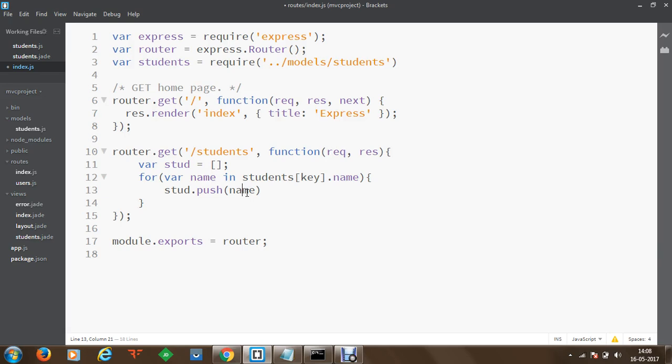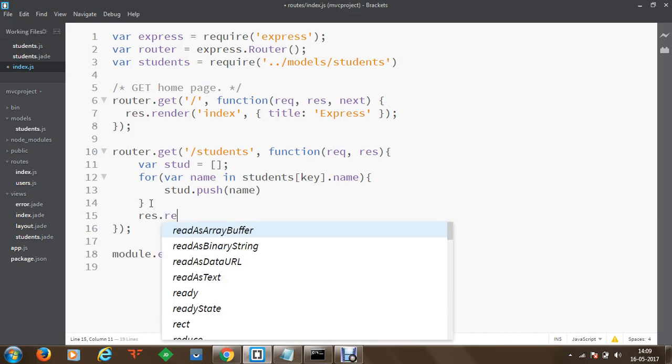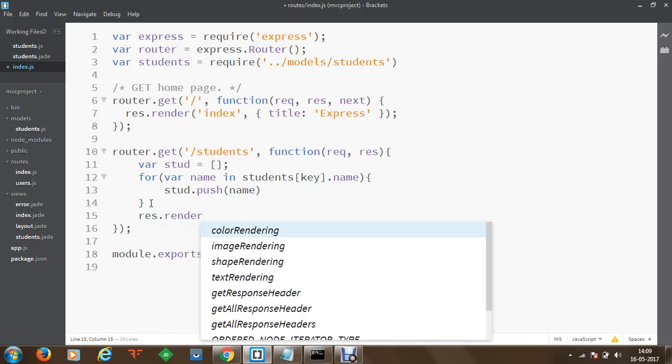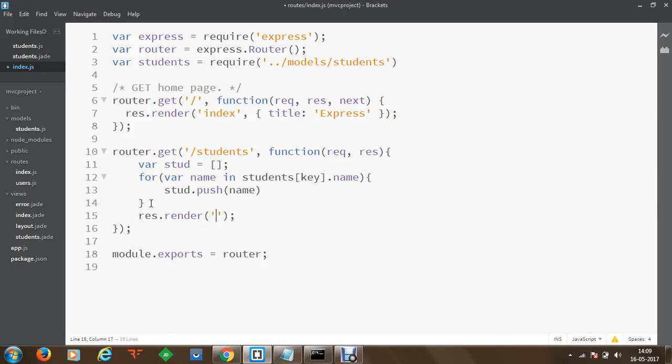Once stud contains all your information, we have to return a response back. To send a response, we are going to use response.render. So this time, instead of send, we are going to use the render function, and the first information we have to provide is the layout which we want to display. The layout will be students.